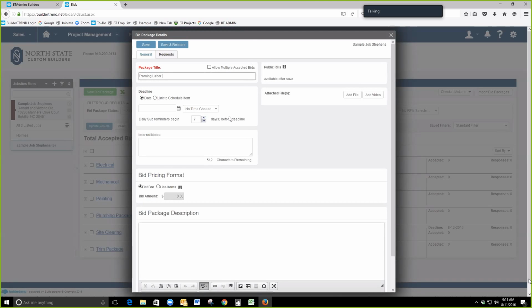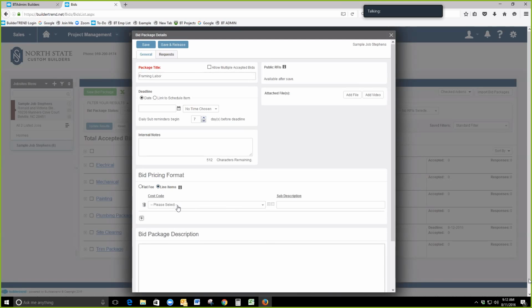So we're going to request a bid from our trade, and this is essentially the best way to stay organized with all the requests for pricing that you're getting, and it'll keep it historically job after job, year after year, so that way you can look back and sort and export and find out what prices you've been getting on all your projects to then begin doing better estimates. So I'm going to go ahead and assign a line item to this,